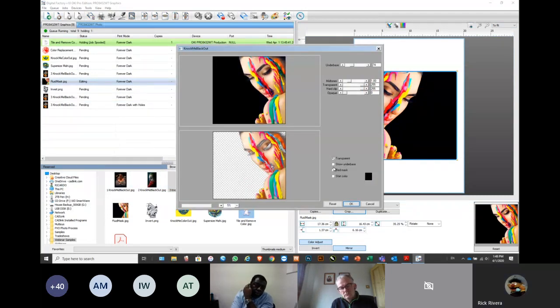But the problem here is it's going to knock out all the black that's in this image, including these areas here on her face and the ink that's here on her face. We don't want to do that because if we go to print that, it's not going to have the black. If we transfer it to a white or a colored shirt, the garment's going to show through. You're not going to have the black. Okay. So what we have